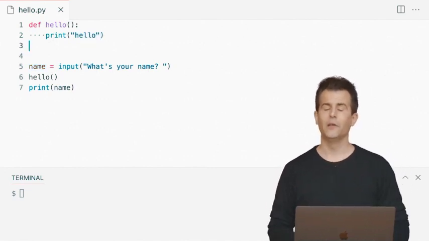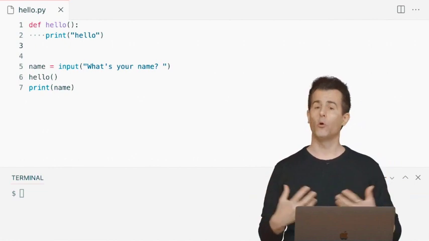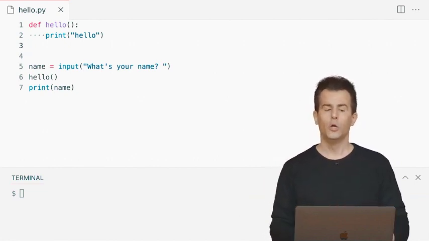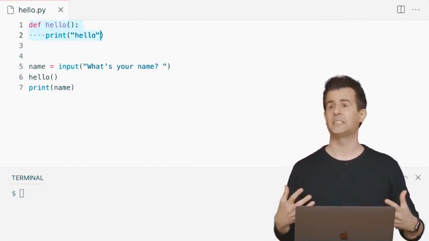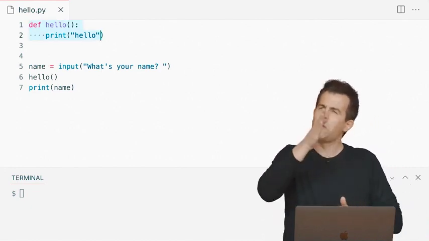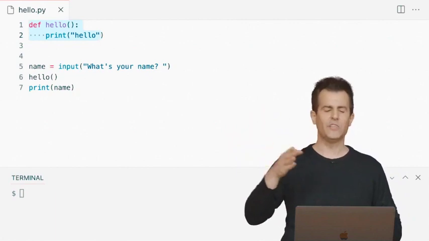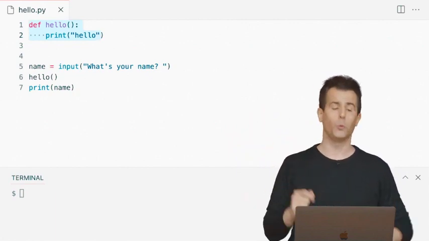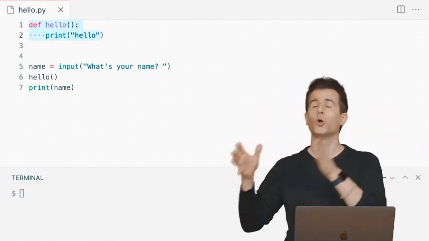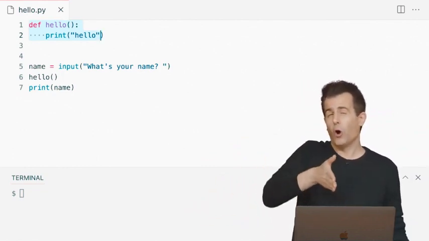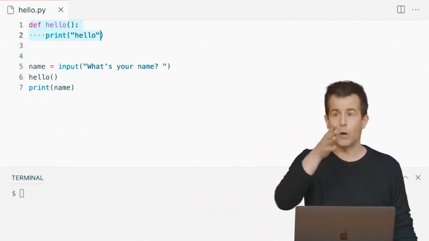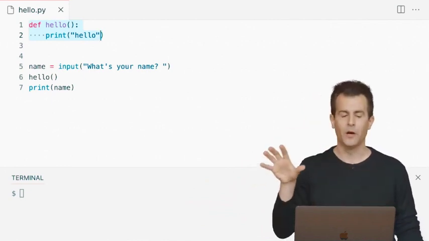But now on lines 1 and 2, I have invented my own function hello. Notice these dots that have now magically appeared here. This is just a setting of my text editor, VS Code in this case, that's making super explicit to me that I've hit the spacebar 4 times, or equivalently the tab key once, which is converted automatically to 4 spaces. Generally speaking, I'm going to need to make sure that all of my indented code lines up now so that Python knows that it's all part of the same thing.